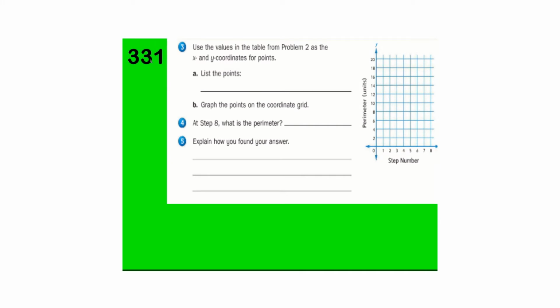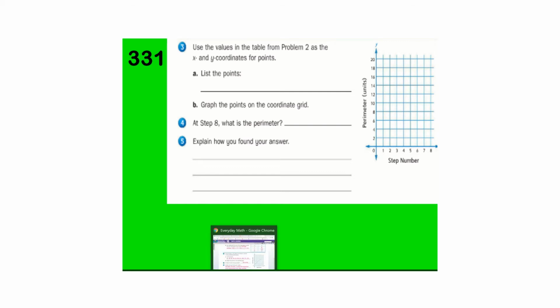In this graph, go ahead and plot those points. Pause the video and plot those points. And then it says at step 8, what would be the perimeter? And how would you find that out? Okay, in problem 2, from problem 2. So at step 1, it was,